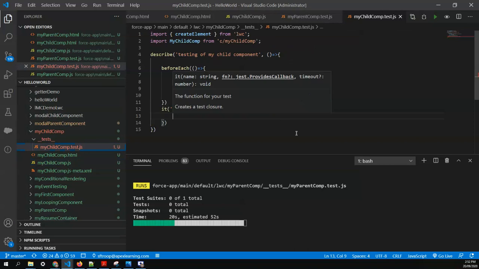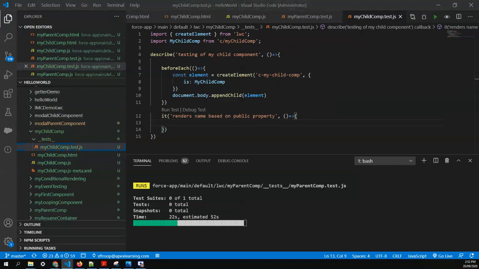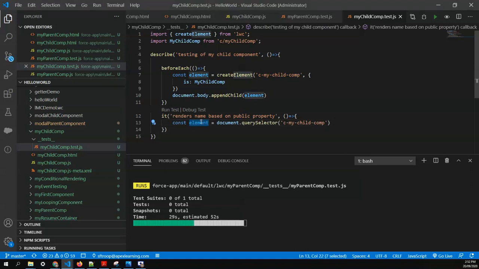So let's start testing it. To test it, we first need the element, and we gonna query that element using c hyphen my child component. Now element is available. In element, we need to append the user details.